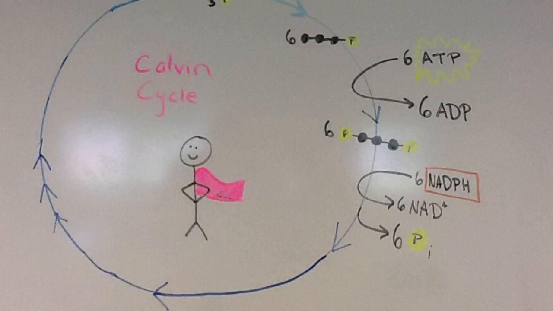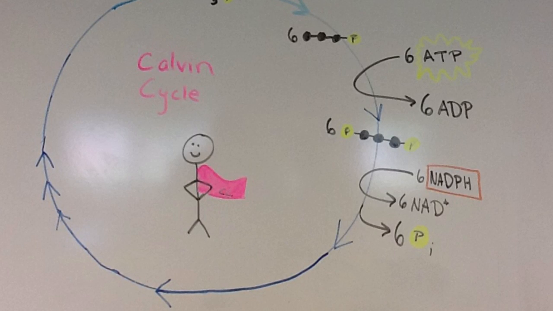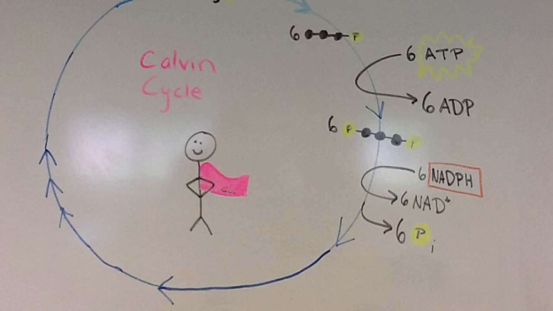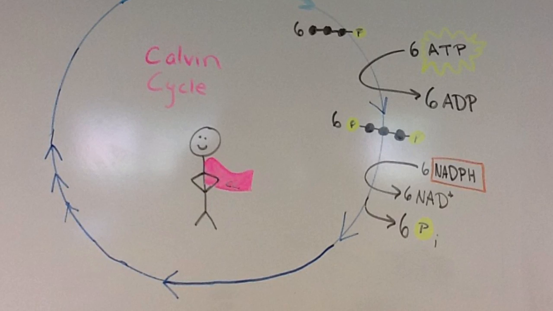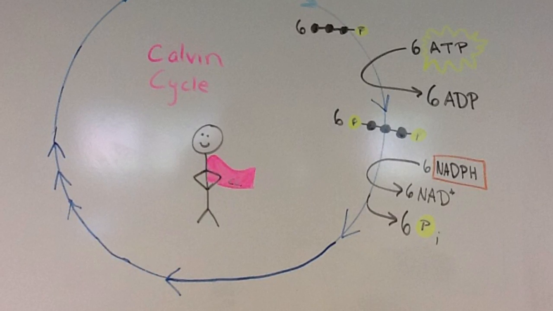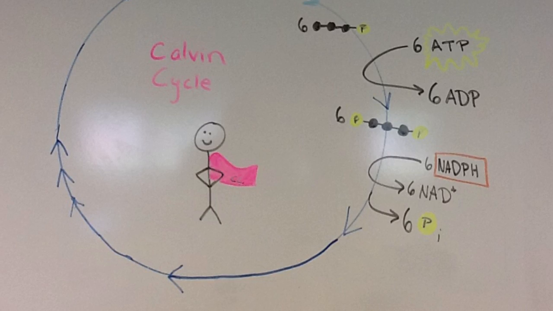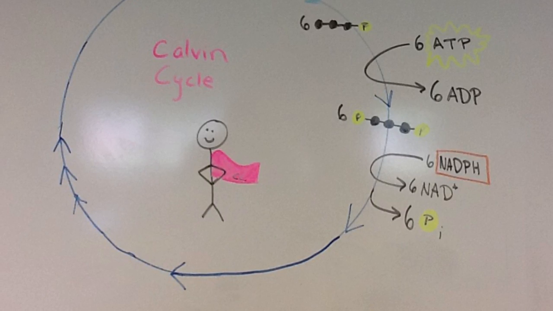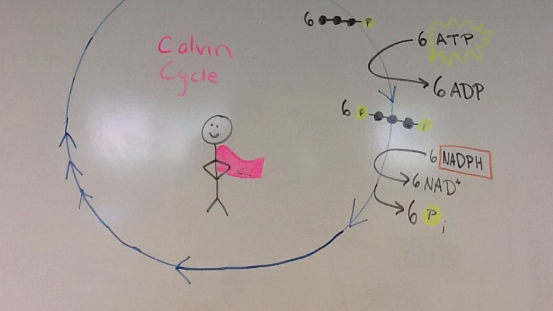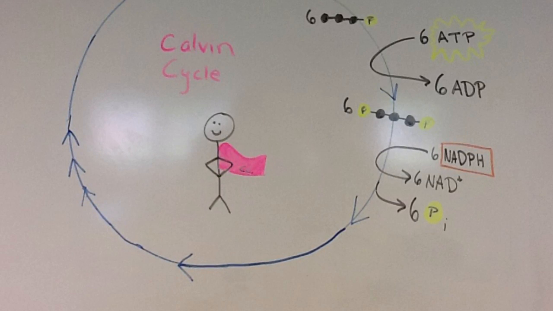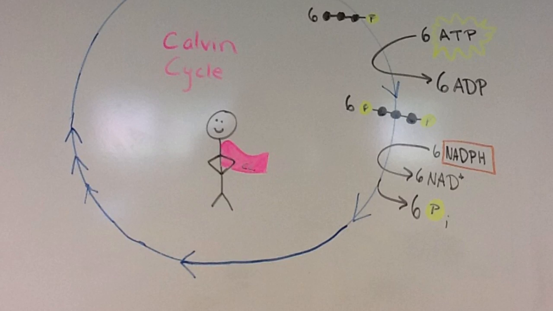In phase 1, the Calvin cycle incorporates each carbon dioxide molecule, one at a time, by attaching it to a 5-carbon sugar named ribulose bisphosphate. The enzyme that catalyzes this first step is RuBP carboxylase, or Rubisco. The product of the reaction is a 6-carbon intermediate so unstable that it immediately splits in half, forming 2 molecules